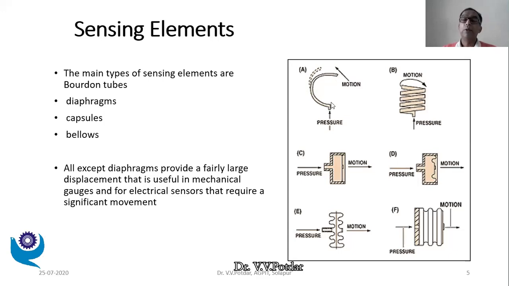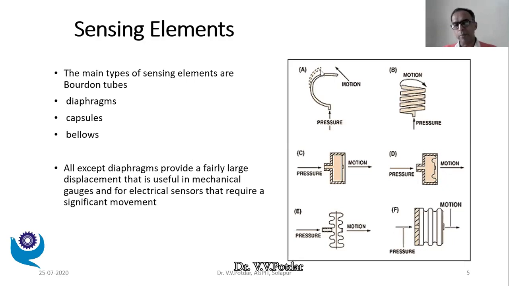It's a hollow tube. The fluid is entering into this tube, and as it enters, depending on the pressure, the open end of the tube is moving out. There is an angular displacement of the tube. It straightens up because it is made up of thin elastic material. Now, these elastic materials, normally copper or cuprous alloys are used as Bourdon tube material. So the pressure is converted into change in elasticity, and change in elasticity brings about deflection or angular displacement.